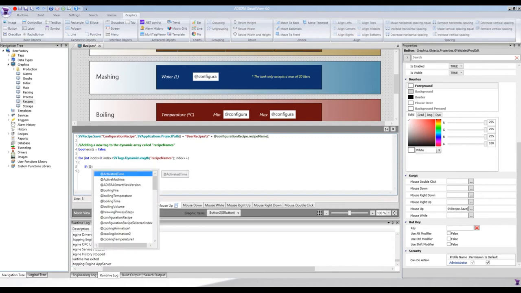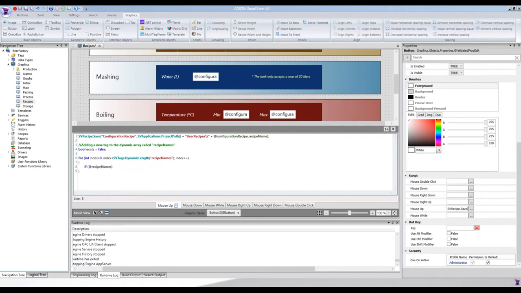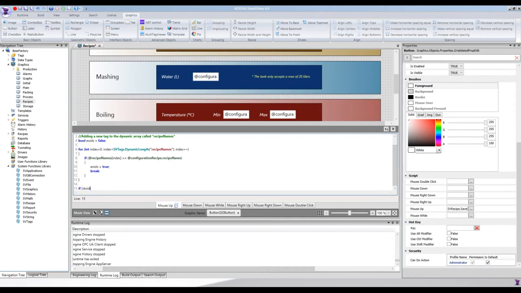So if recipe names on the index equals the recipe name that we just typed on the text box. If so, we set exists equals true, and we can leave the loop with a break. If it doesn't exist,